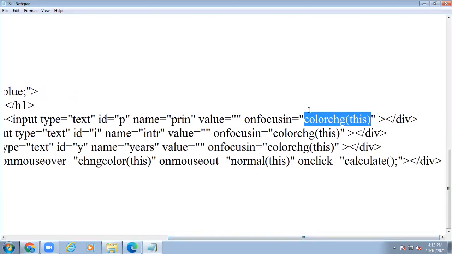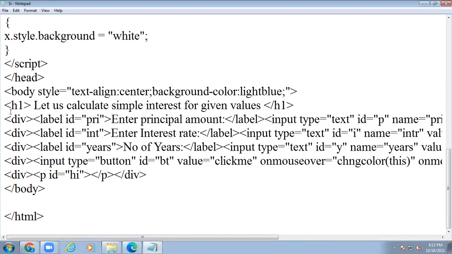So finally, the text box is completed. End of the division. So the first division is completed. In a similar way, I want to specify another division tag. Div tag, label ID. The ID I want to specify as int, that is the label ID. Enter the interest rate. End of the label. In a similar way, you take another text box.